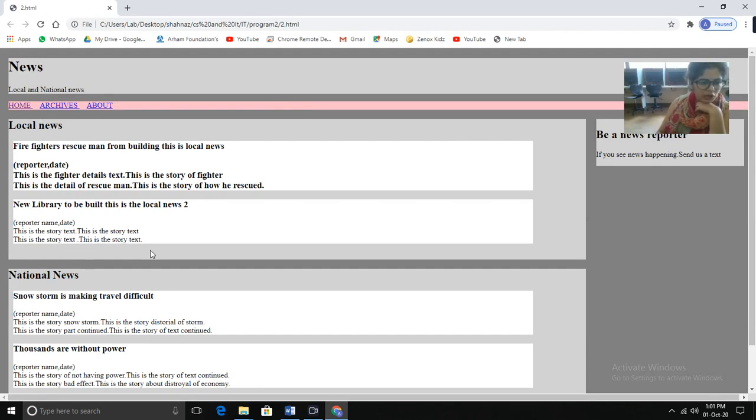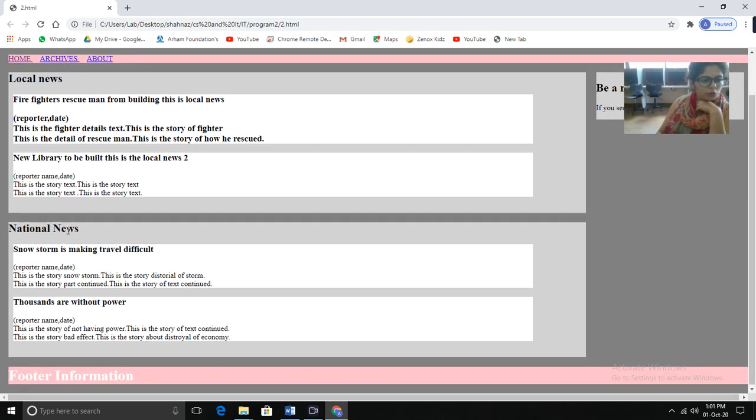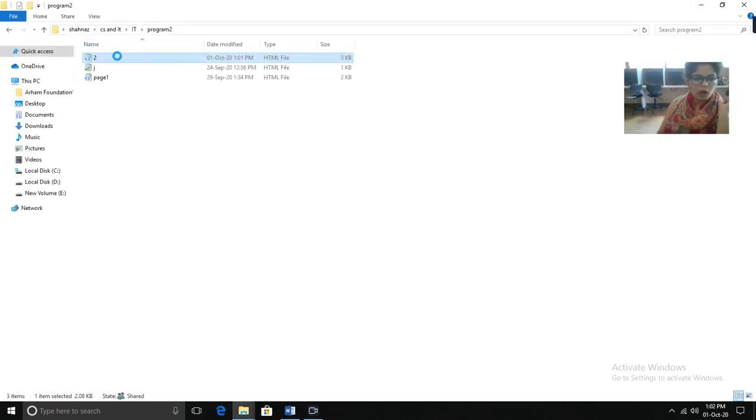Okay, so now what we have to do is create one more section, and again in the second section we have to create two articles. So this is section number 1 and this is section number 2, and after section number 2 we have to create the footer part. So let's check the code.